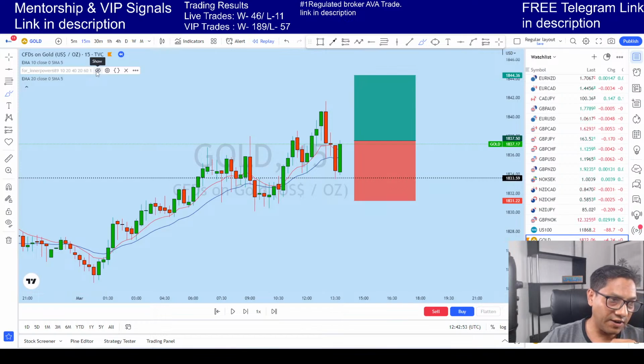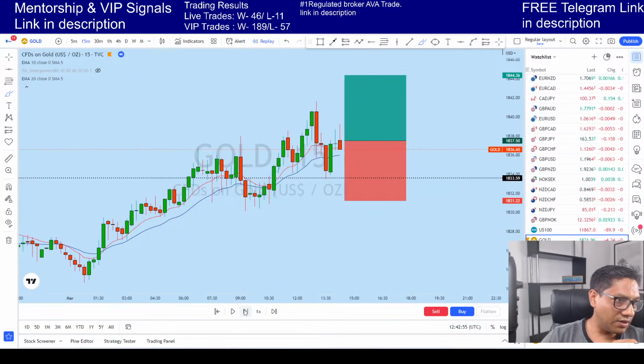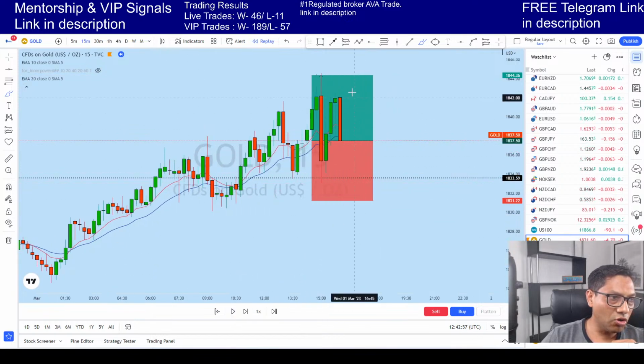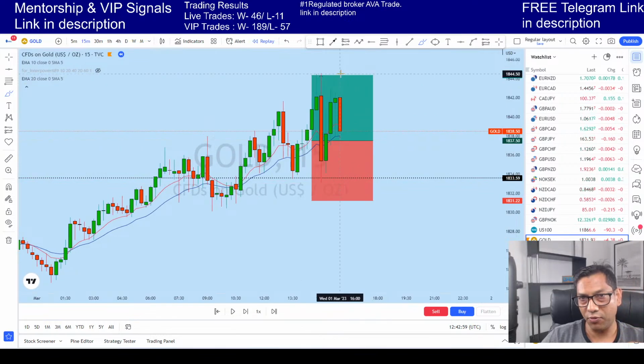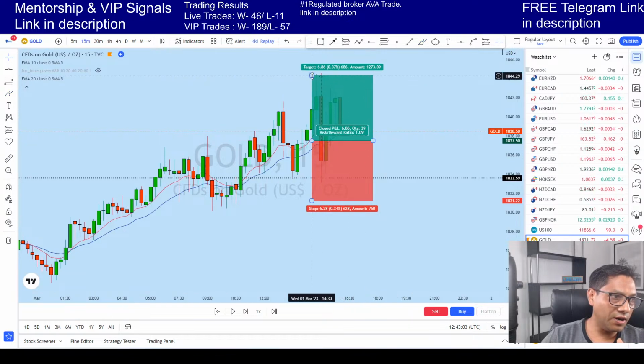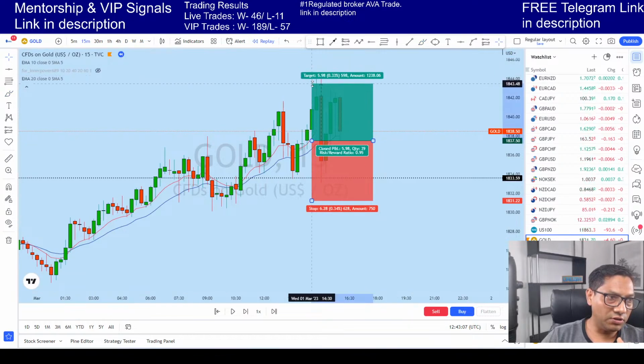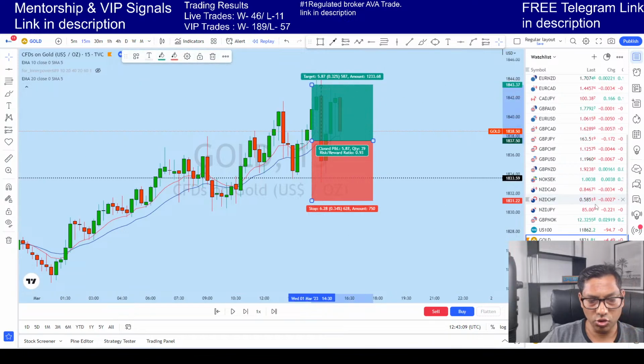And we have seen that afterwards, in fact, the market went exactly where you put this take profit and then reverted back. But we closed a bit earlier because the news was coming, I think at 1843 or 42. And I also posted the update in the free Telegram channel, guys.